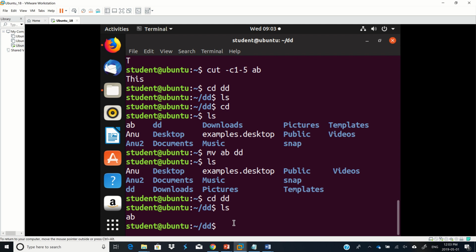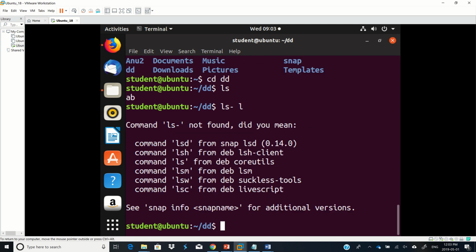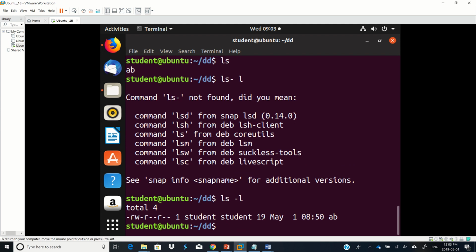Okay, and if we write ls -l, okay, ls. So see here, if I change this with chmod,